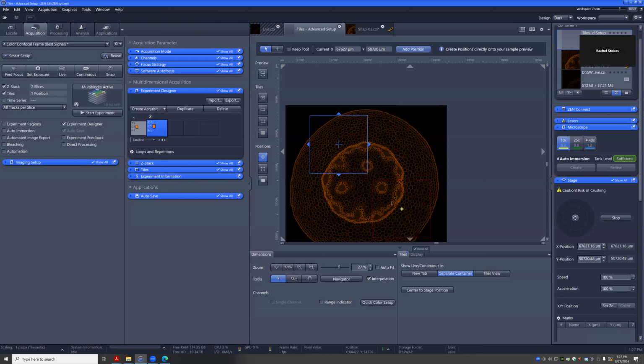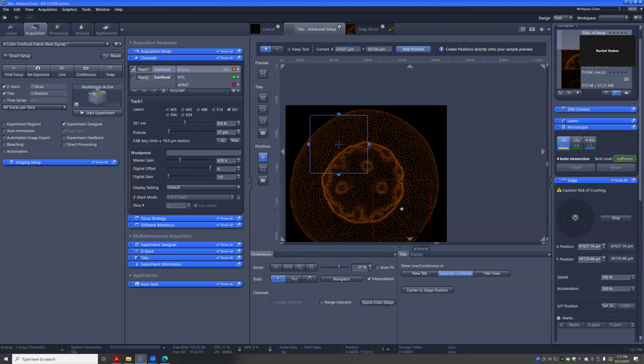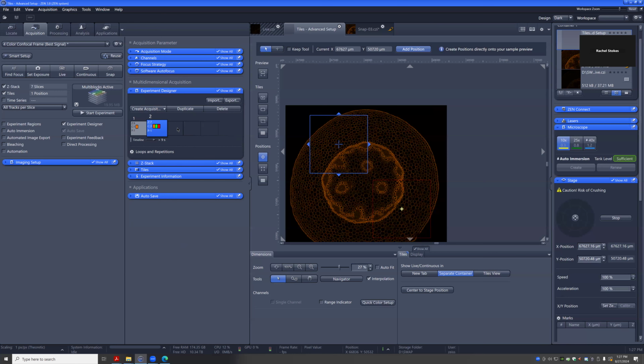Say for that second position here, in that second block, if I want to add more colors, like the green and the 647, I can do that. So now you can see in the first experiment I'll just get the red, and in the next experiment I'll get more colors. So anything you can change in an experiment, you could